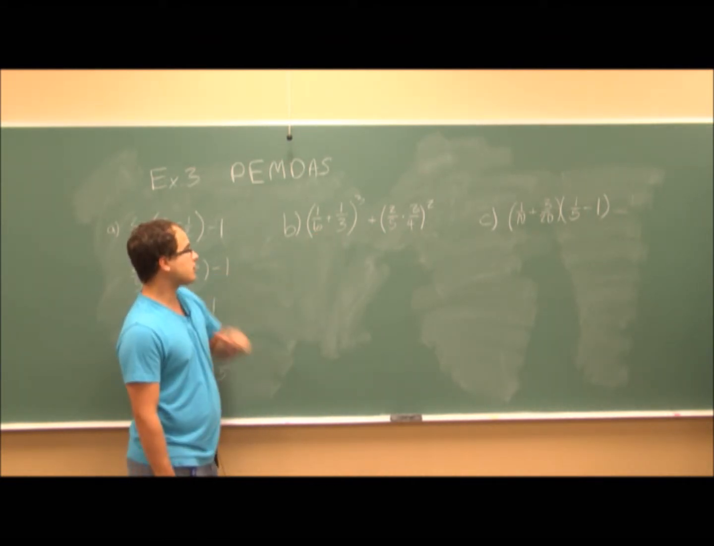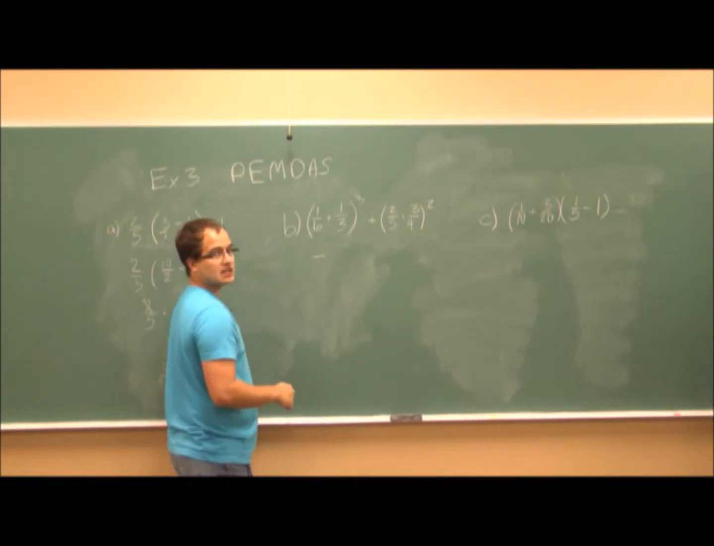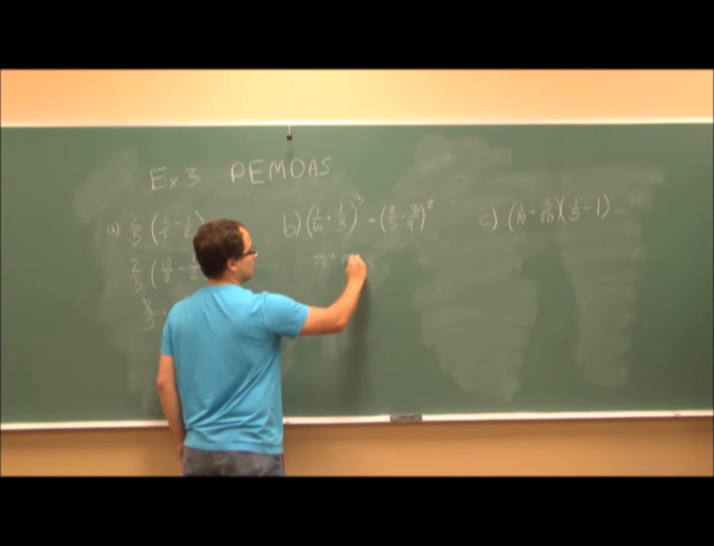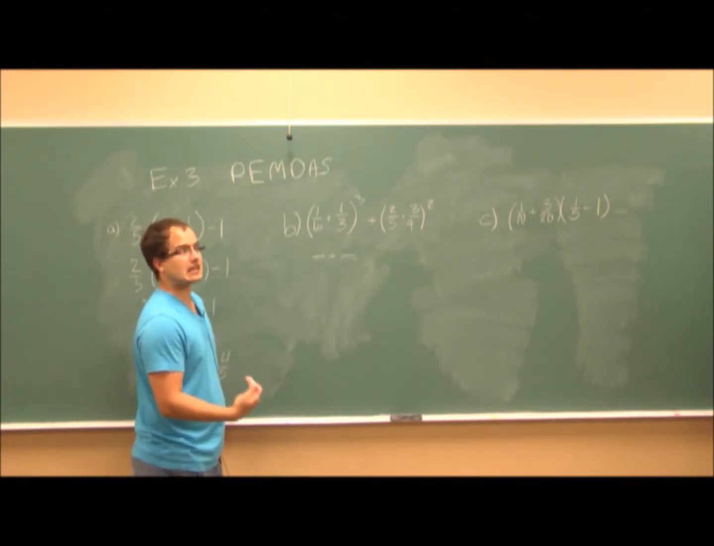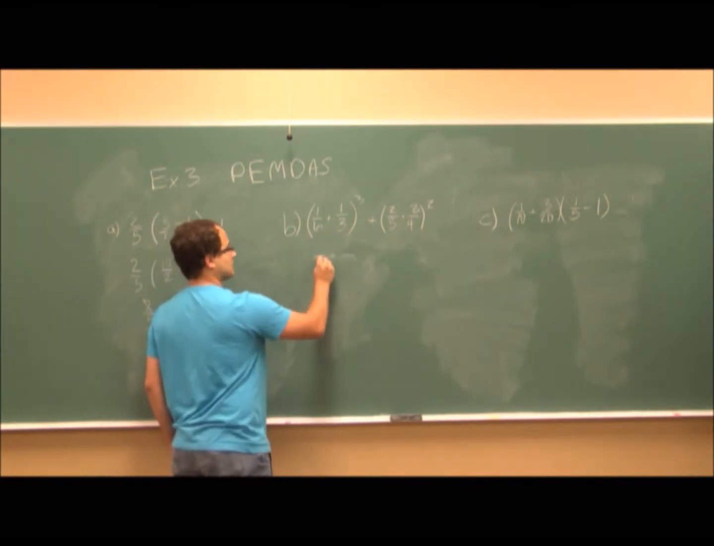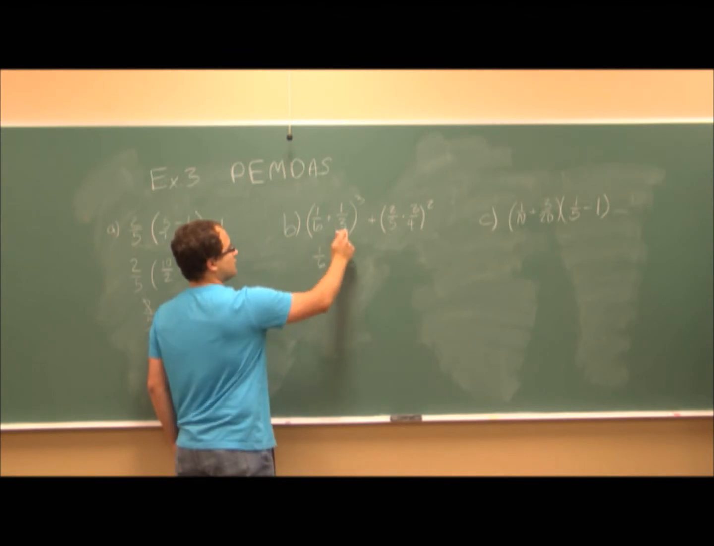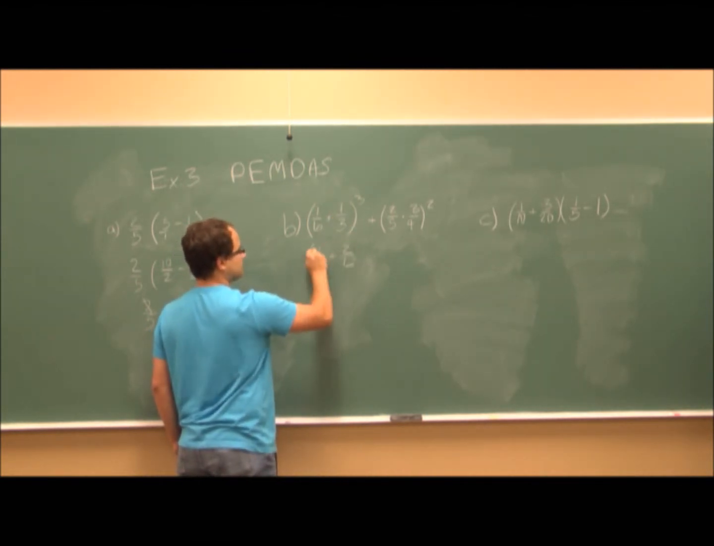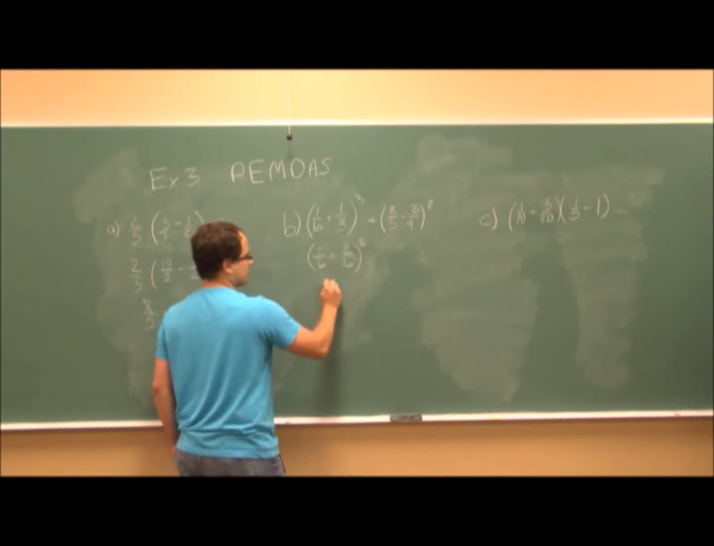In order to do this set of parentheses, I need an LCD, which between 3 and 6 is 6. The LCD is 6 because 3 goes into 6. So nothing changes here, so it's 1. But 3 times 2 is 6, so 1 times 2 is 2. Now 1 plus 2 is 3/6